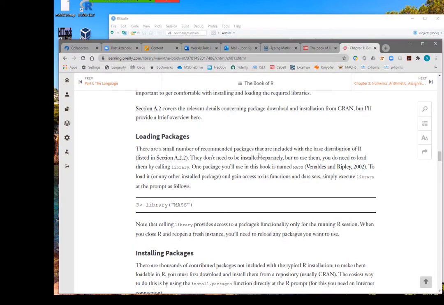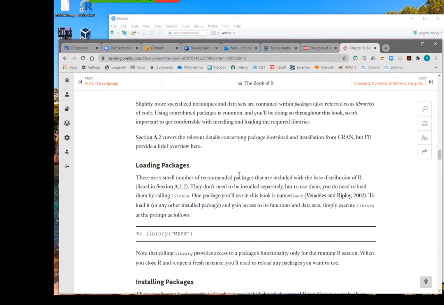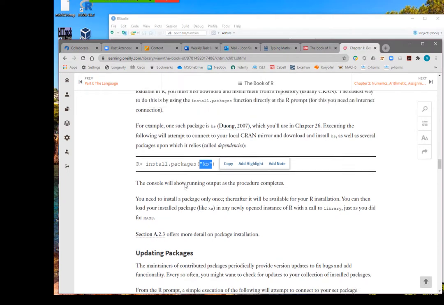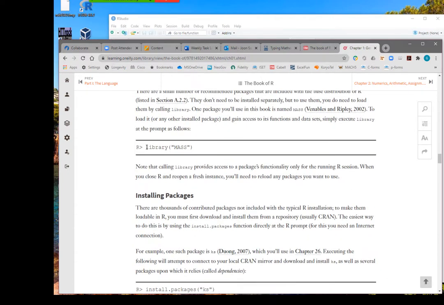The next part is installing and loading R packages. There are two commands that you should know. The first one is install.packages and then the package name. If you want to use the package, there is another command called library. I'll talk more about this later when we need to install packages.